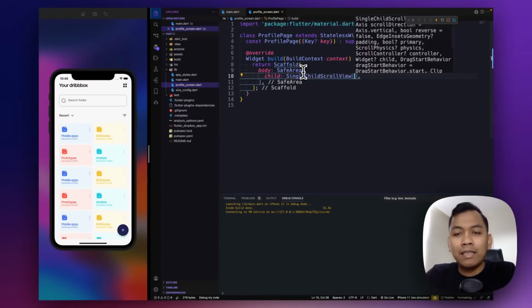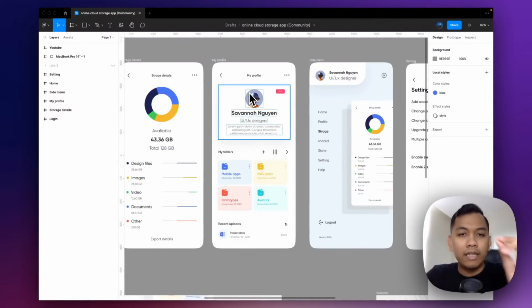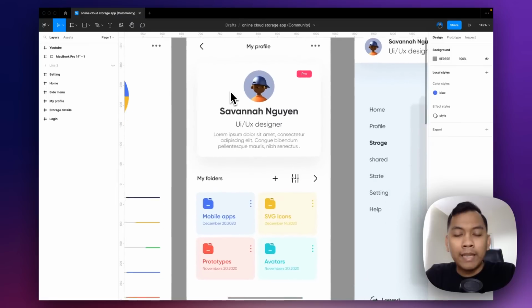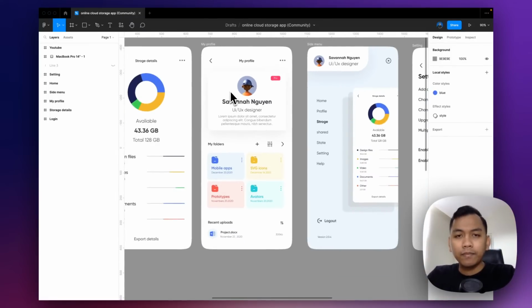Why do we use this SingleChildScrollView? As you can see here, our profile page contains widgets or elements from top to bottom, so we can simply think of it as a list.